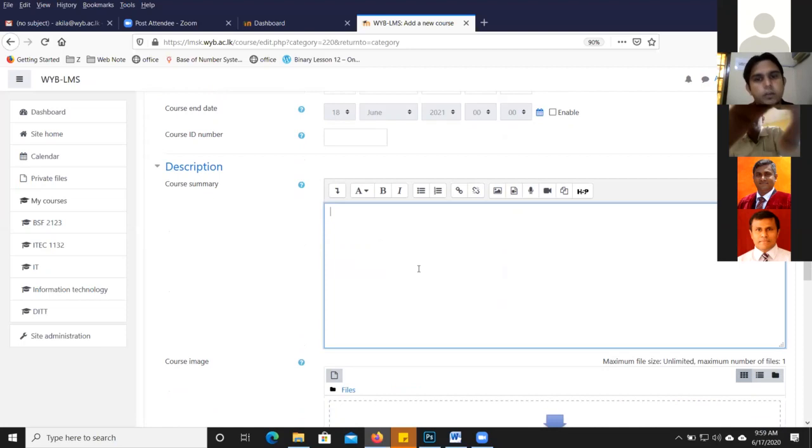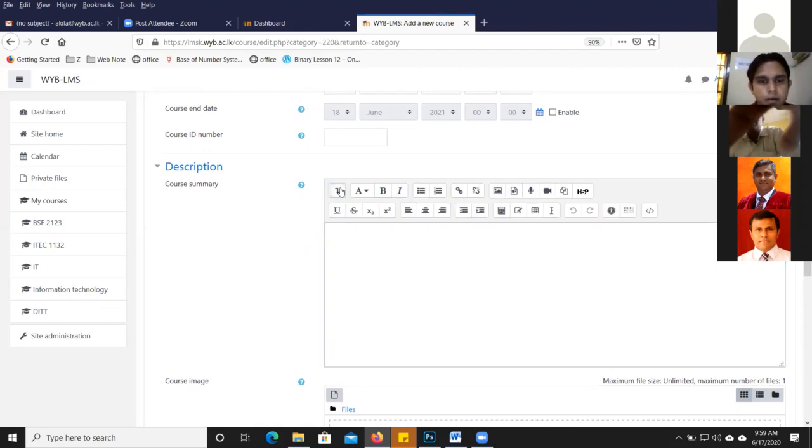For the course, you can give a description. Here there are some additional buttons and customization. You can click on this arrowhead and see the other available buttons or commands. You can use tables if you want.